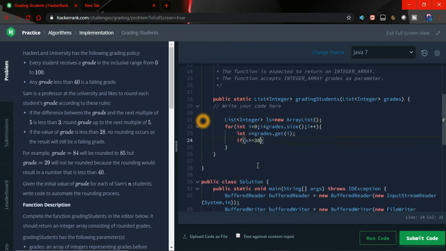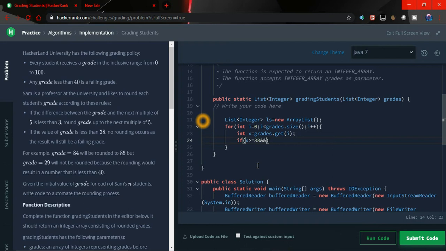The other condition will be that if the grade and the next multiple of 5 have a difference of less than 3, then we can upgrade the grade to the next multiple of 5. So let's check how we can do this.